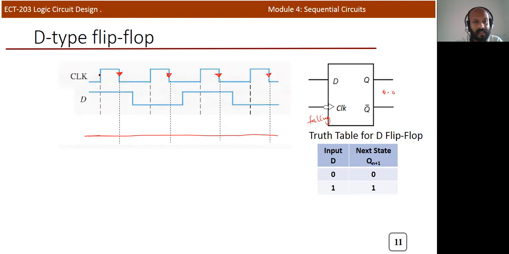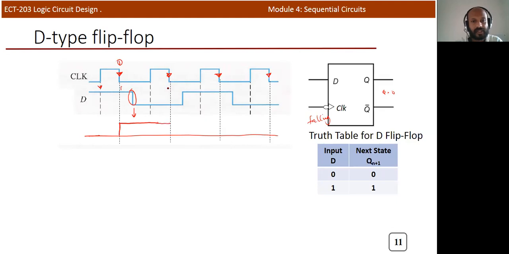In the previous case, the output changed at the rising edge, that is at this particular point. But in this circuit, this is a falling edge clock. So this flip flop is sensitive to the falling edge. The falling edge comes at this particular instant. At this time, the input is 1, so the output changes to 1, and it will continue like this. There is a change in input at this particular point, but there is no change at that instant because there is no falling edge.